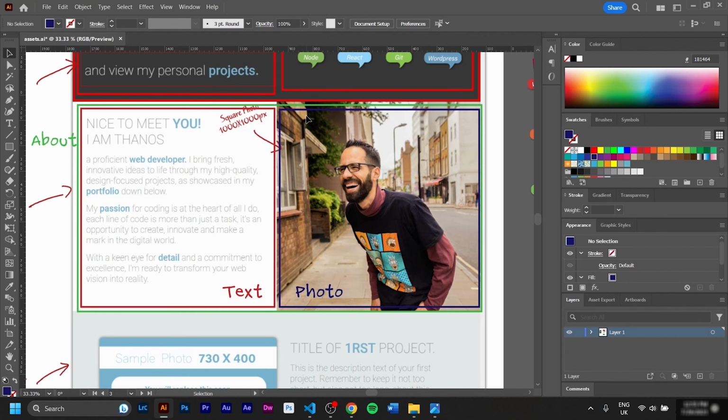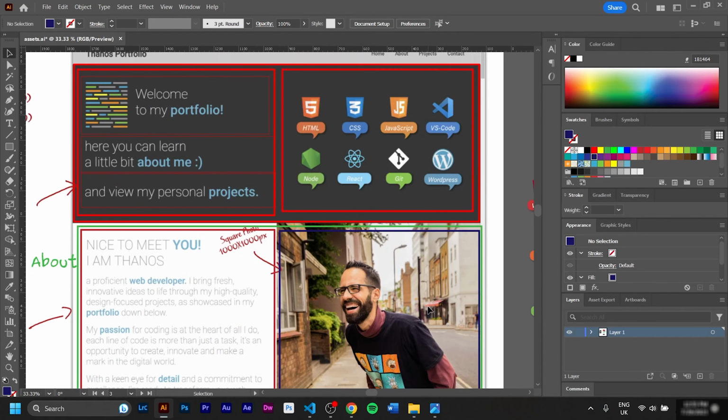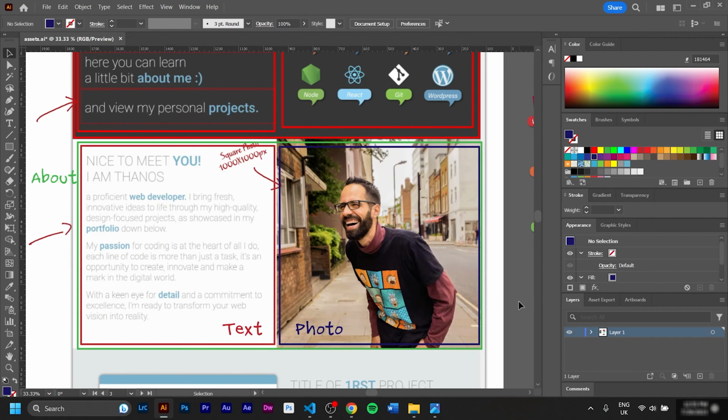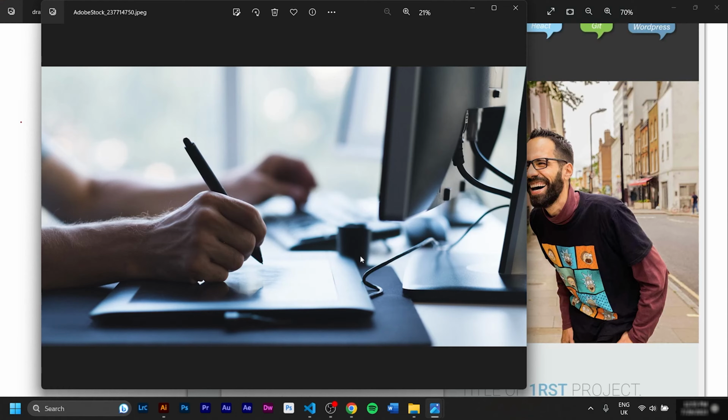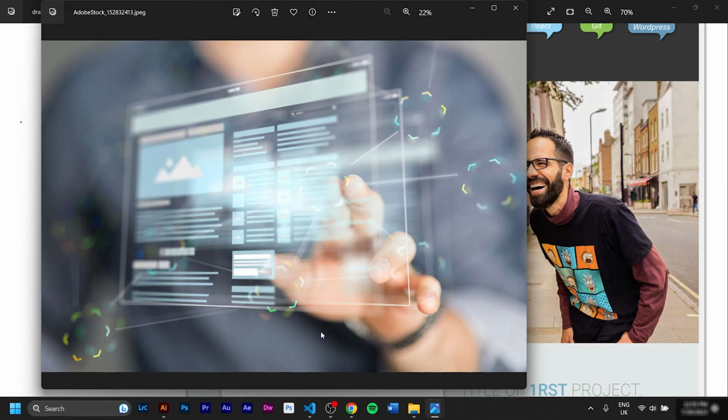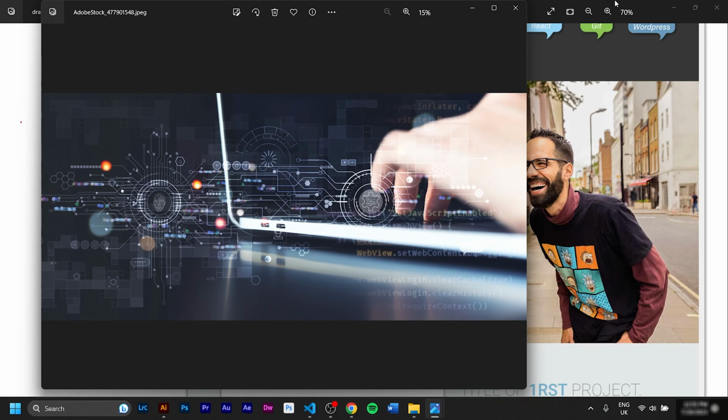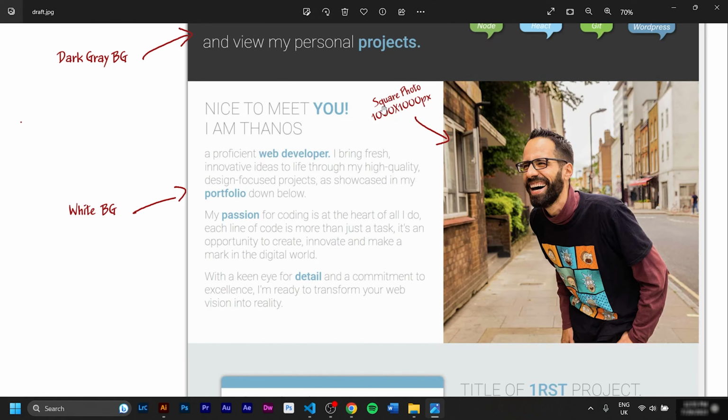There is a reason why the photo is here, because up here we have graphics. You need something realistic to bring the whole layout back to life. So if you don't want to put your own portrait here, you can go on Google and find some free photo, something like that for instance, or this or that. You get the idea. And the last thing we have to check is that it's going to be way better if you put a square photo here, so you can crop it to be square and you're going to be alright.